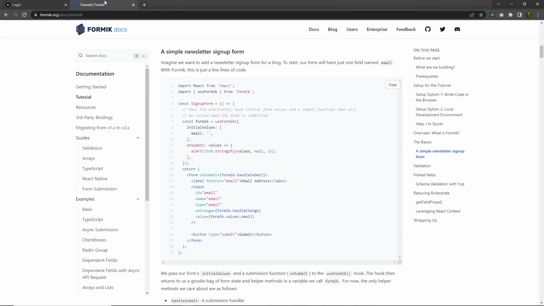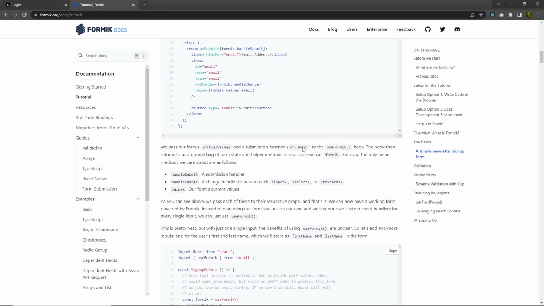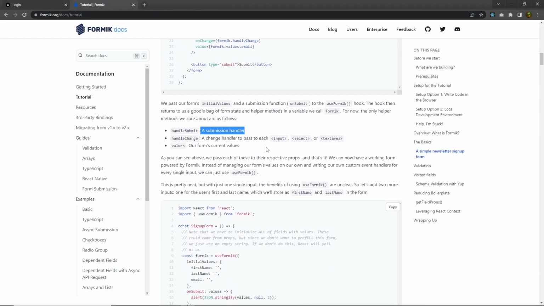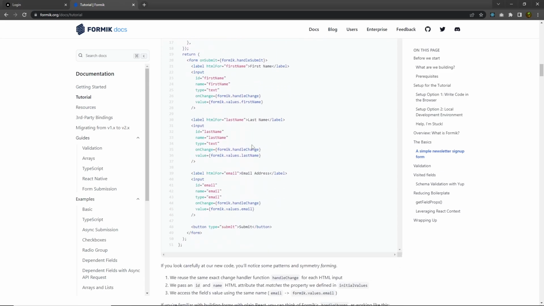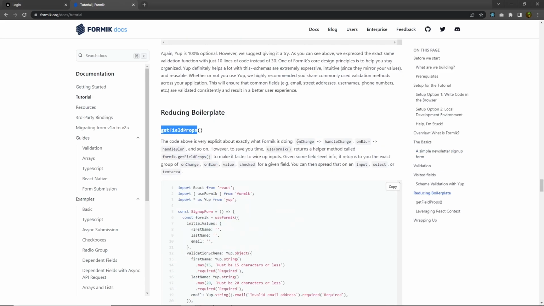Just for now, back to the Formik documentation, and when you scroll down, the handleSubmit is a submission handler. So whenever there is a change inside input, select, or text area text box, this handler function is going to execute, and the values is going to be the current values of the Formik form. When you scroll down, here you have all the information of this form. Using this function, you can remove all the boilerplate code of your Formik form. So you don't have to use onChange, handleChange, onBlur, handleBlur on your input text box. You just need to say